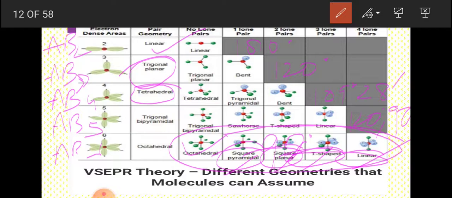Actually the board or this screen is planar, but molecules are not planar, they have a three-dimensional structure. You will see that some bonds are coming above the plane, some bonds are going below on the other side of the plane, so it will have a three-dimensional structure. So read the types of bonds and angles, and this was all about different geometries. Next I will start valence bond theory. Thank you so much, children.